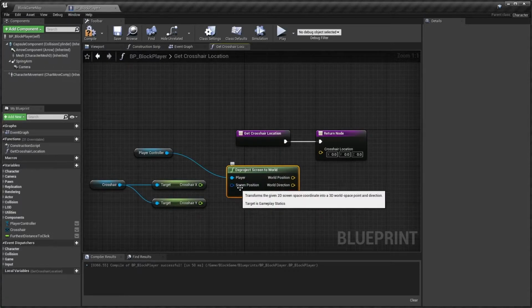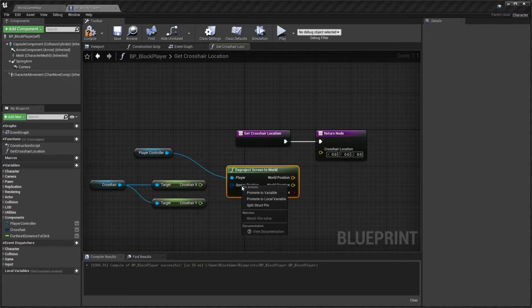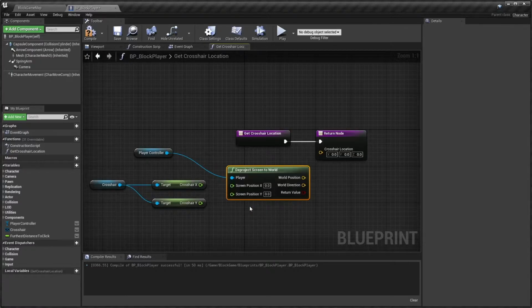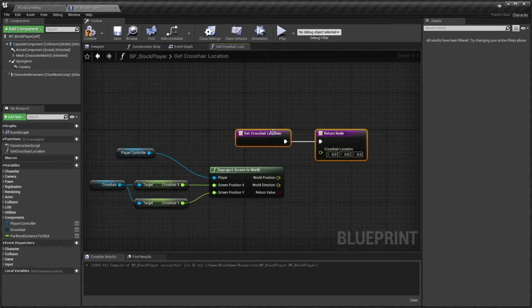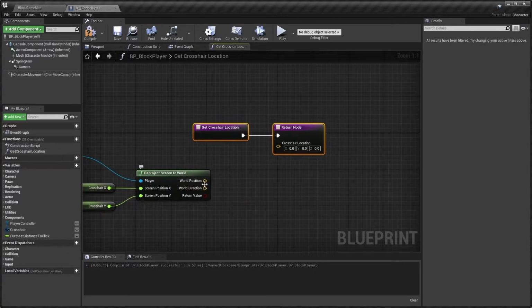Perfect. The screen position is a point structure, a vector 2D structure. Let's right-click on it and split the structure pin. Connect the crosshair X to position X, crosshair Y to position Y. I'm going to move all of this over. We'll take the world direction and we need to add to that